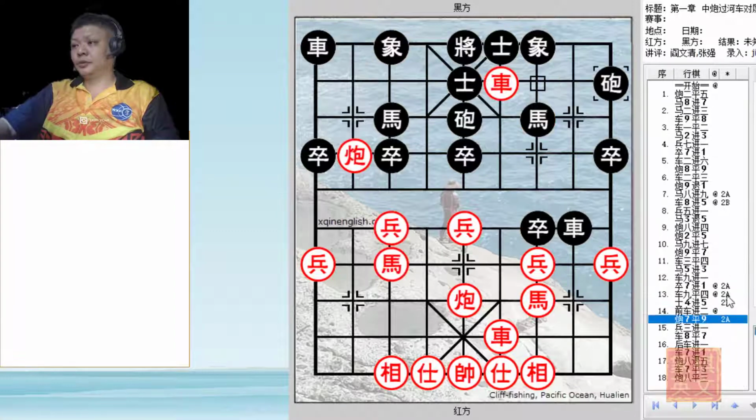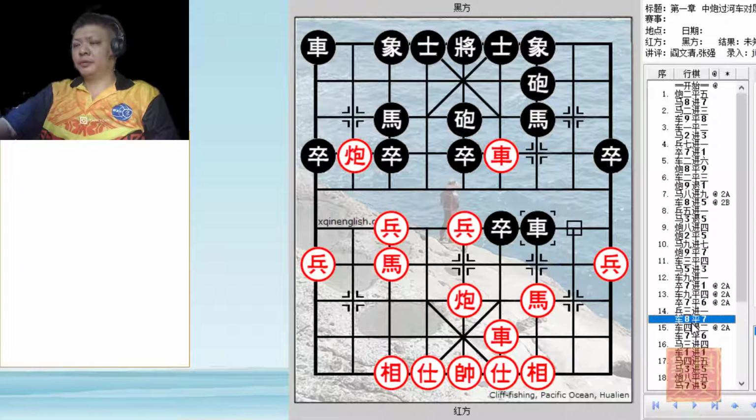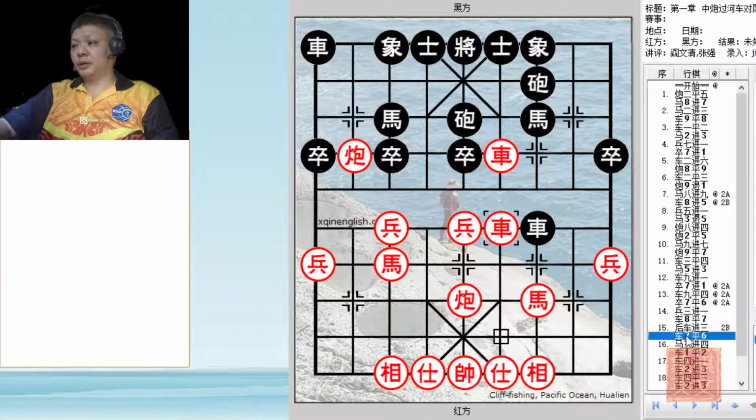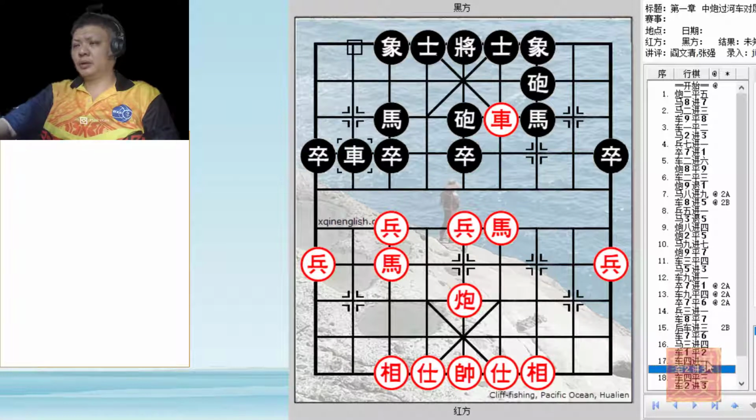So that is why a4 plus 5 is not a good idea, and black must be bold and sacrifice the pawn at this point. p3 plus 1, forcing capture. r4 minus 2, sacrificing the horse. Now if instead of r minus plus 3 were played, black would gladly trade material, threaten the cannon, counter threatening the horse, trade of material,